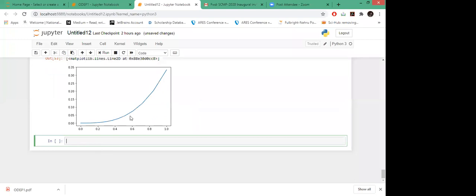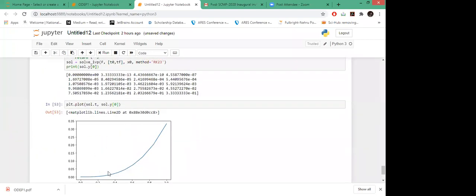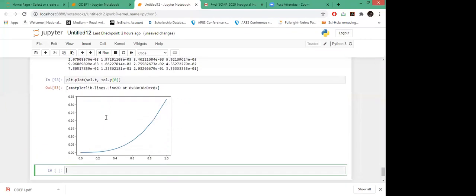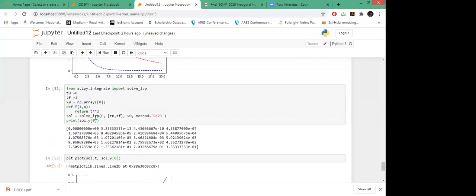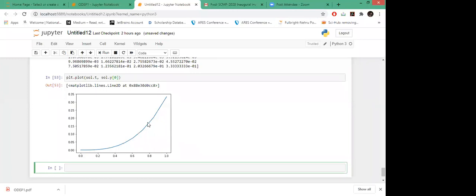So this is how your function is curved with this method. This is how you can solve. You can pass the arguments. You just have to define your function, the range and the initial condition, and the methods you can see: RK2, RK. The different numerical methods are there.